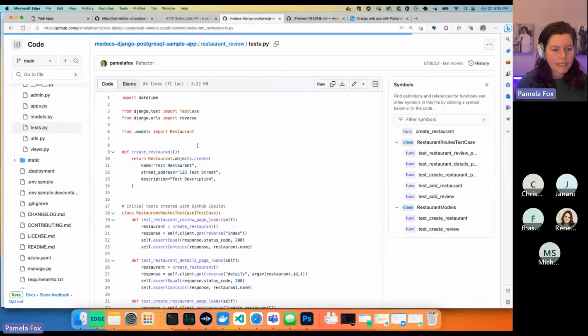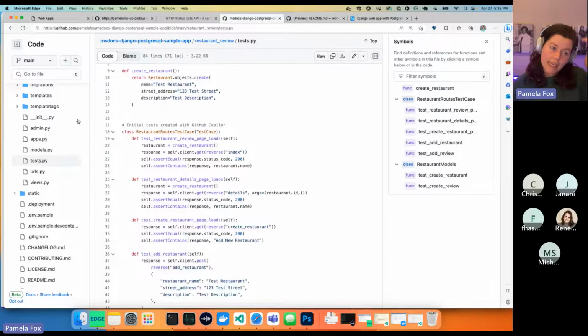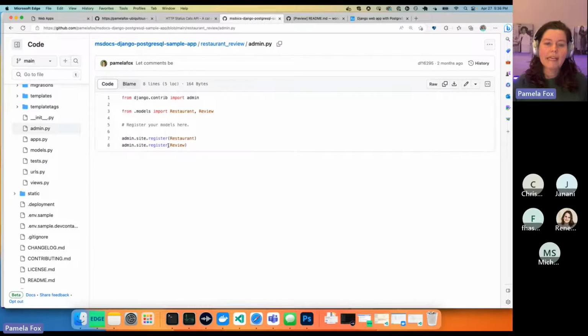Then we can have some tests. Oh, look, I wrote tests. Yay, go me. And then we also have this admin file. That's because Django comes built in with this admin interface so that you can create new objects in your database really easily. And it is so cool. I love the Django admin. When I was at Coursera, I spent a lot of time working on our Django admin. But it's just really nice to have an easy to use user interface for interacting with your database so that you're not just doing raw SQL queries.